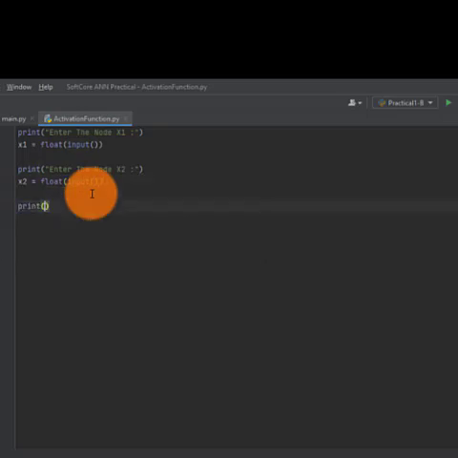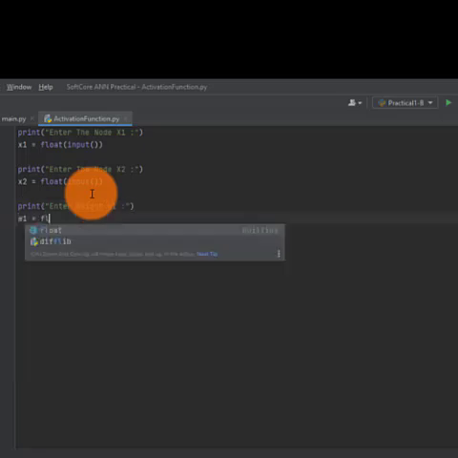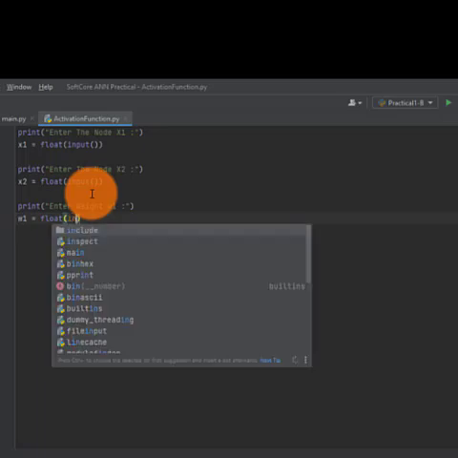Then take the input as weight: enter weight w1, store it in w1, float input.